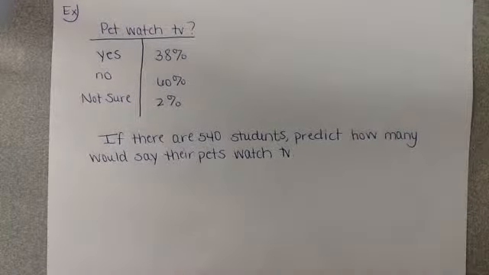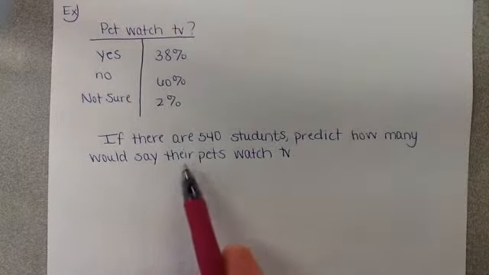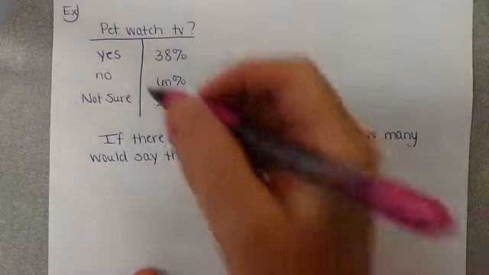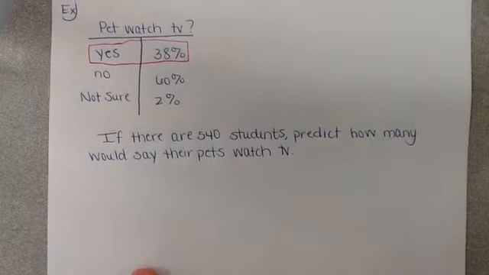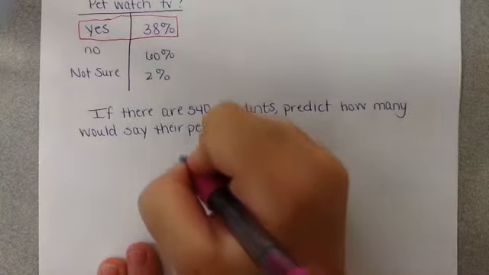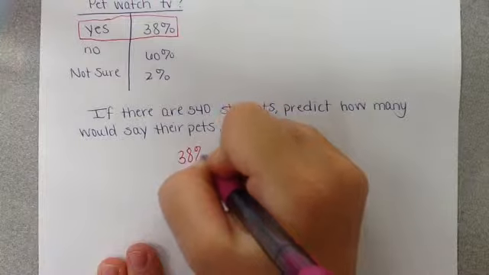Our next example looks at how many people think their pets watch TV. Okay, and it gives you the information. If there are 540 students, predict how many would say their pets watch TV. Go ahead and try this one on your own. Let's see how you did. So we want their pets do watch TV. So that would be right here, the yes group. Okay. What percentage of them? 38% of them